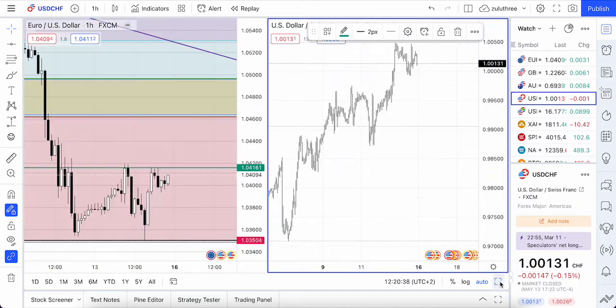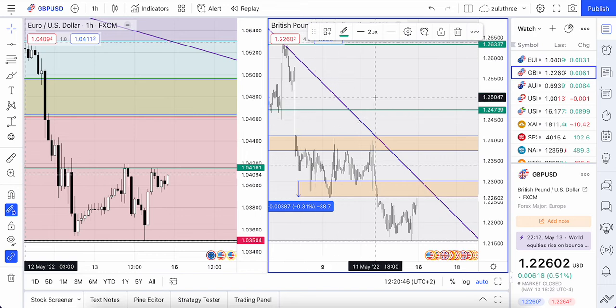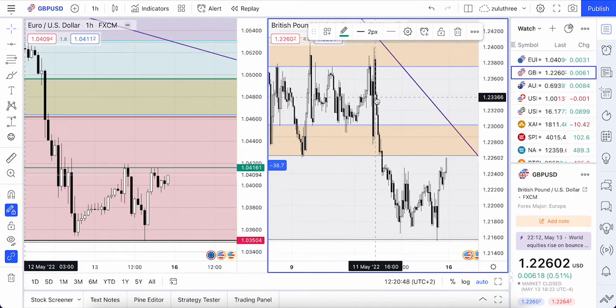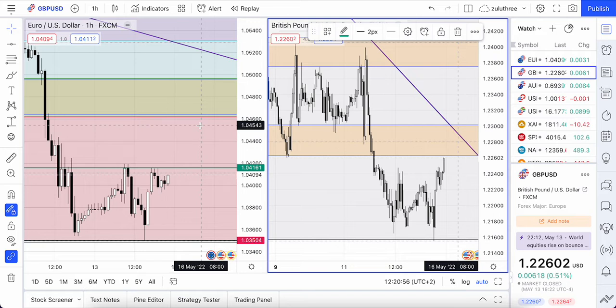So that's that one. Let's move this back to the pound. So these are the two that I'll be keeping most of my attention focused upon, the euro and the pound. So I'm long both of these, as I said, looking to get out of these long positions should we rally up to some of these resistance levels. And I'll be watching carefully for signs of reversal to trade short again on the euro and the pound, bearing in mind, as I said, the geopolitical problems going on and also economic woes, particularly the